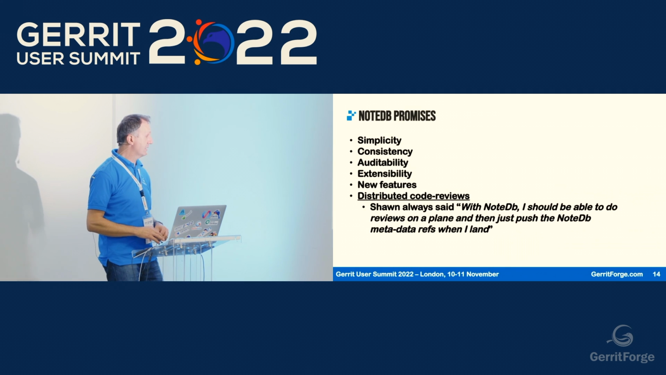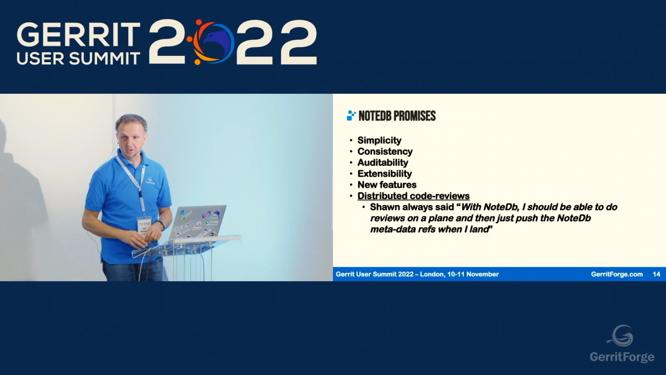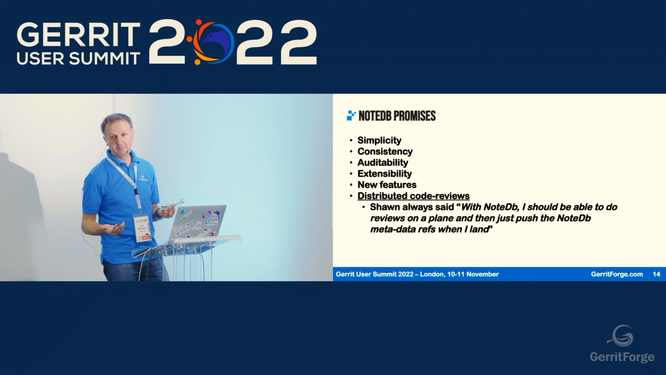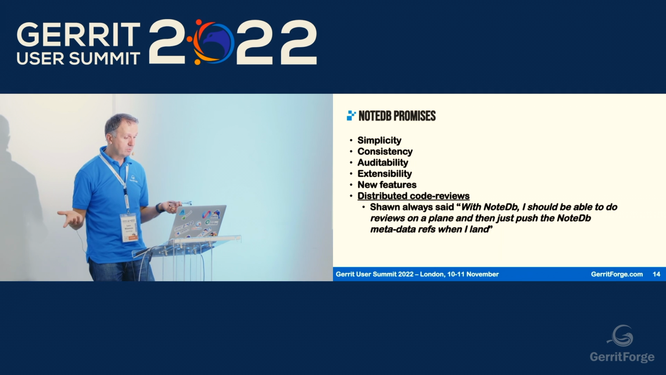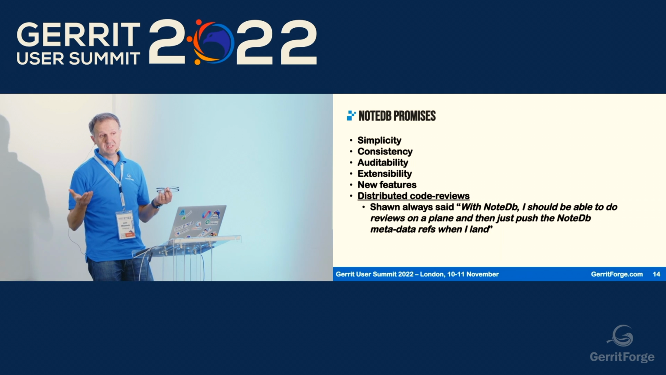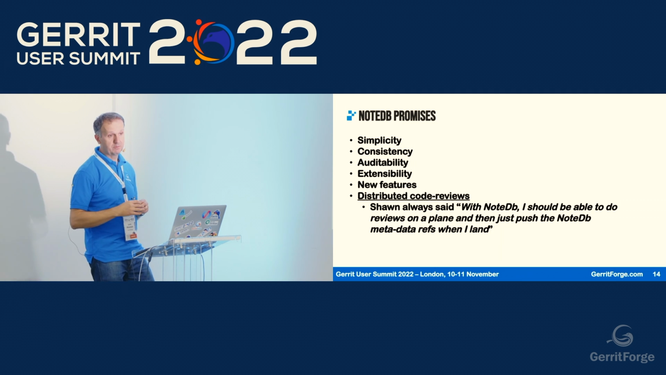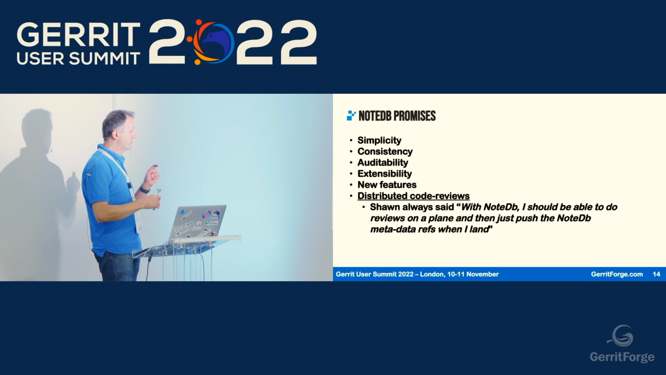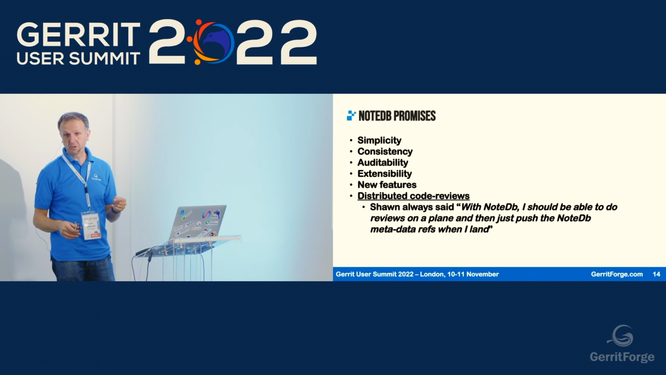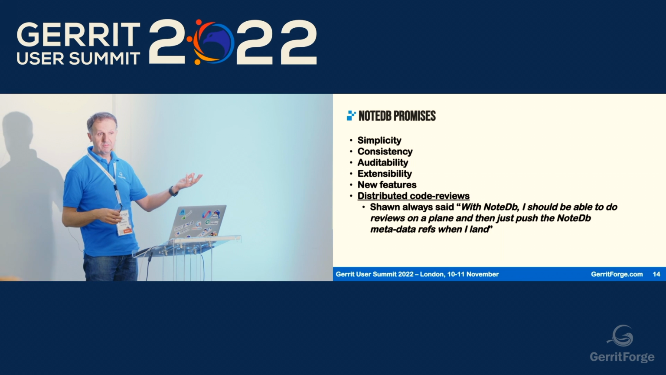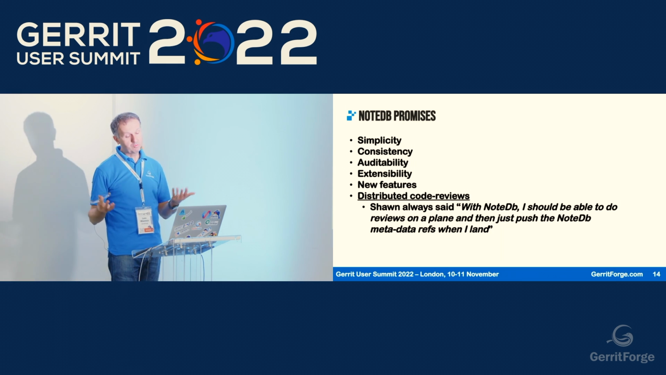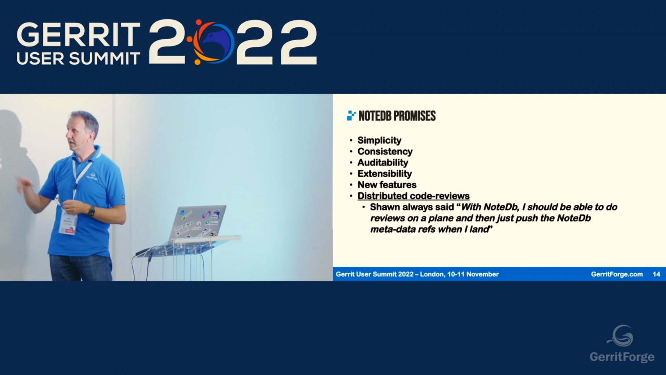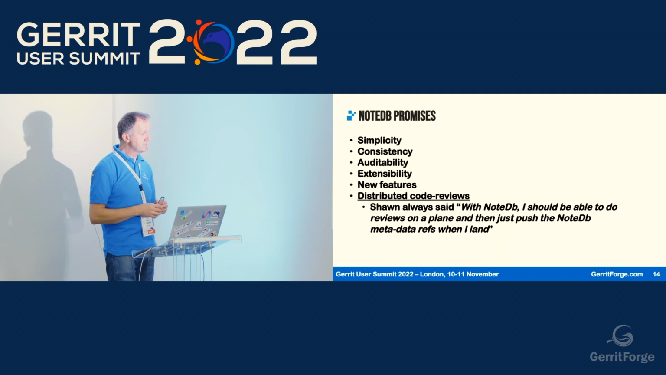We wanted to make Gerrit simpler, because at the end of the day, NoteDB is just some JSON data in a ref, human readable. Second point, consistent, and this actually has been achieved, because before, if someone would do Control-C in the middle of a push, you could have left, let's say, ReviewDB inconsistent with the repo. Audit trail, so the database, ReviewDB, was not audited. And extensibility,